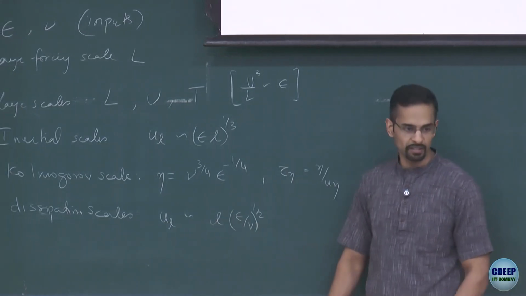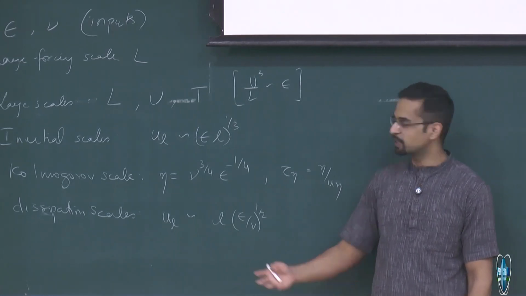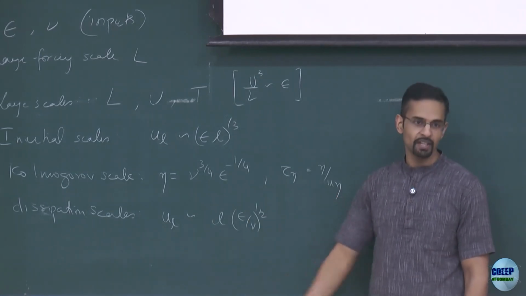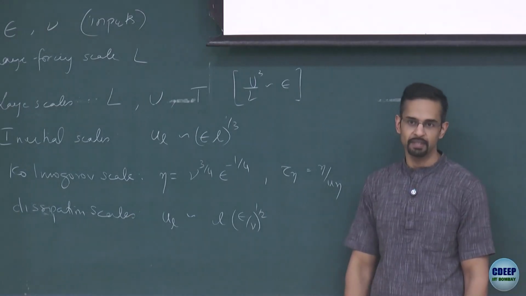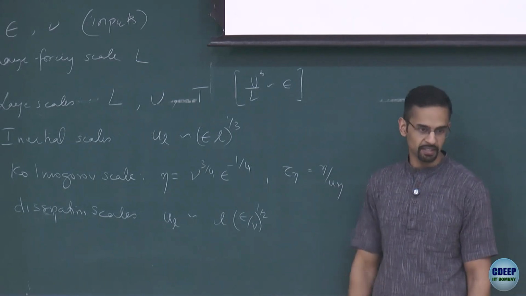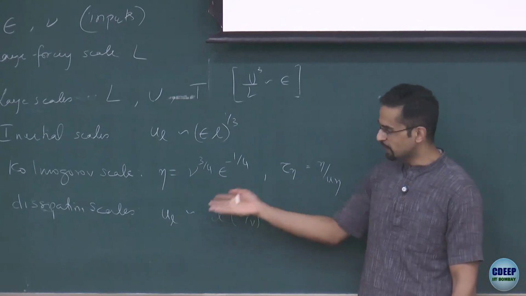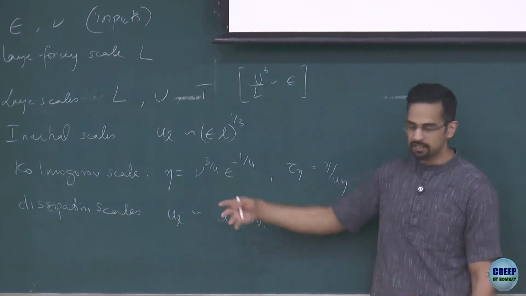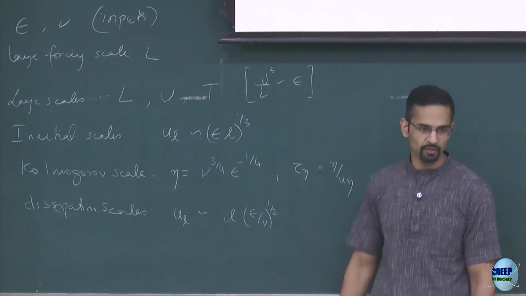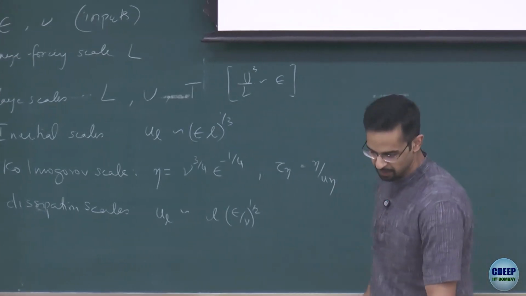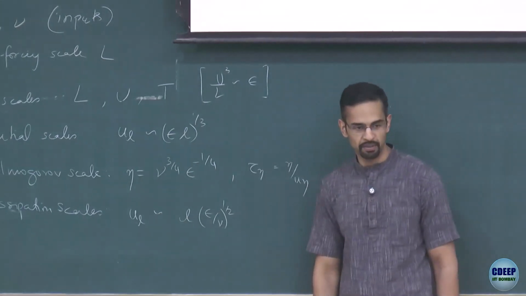But at leading order, the Kolmogorov theory works quite well, in the sense that certain predictions that follow from Kolmogorov, at least at leading order, find good agreement with experiment. Then, of course, there are subtle corrections. If you want to be very accurate, you have to correct for it, which has to do with the fact that there are interactions among scales. There are so-called intermittency effects and so on, which we won't get into in this course. But to get an initial idea of things, it works remarkably well.